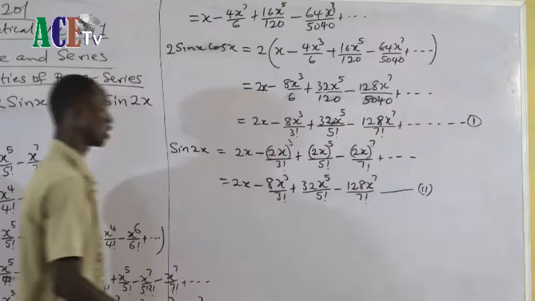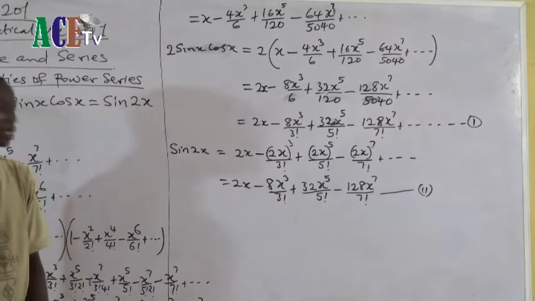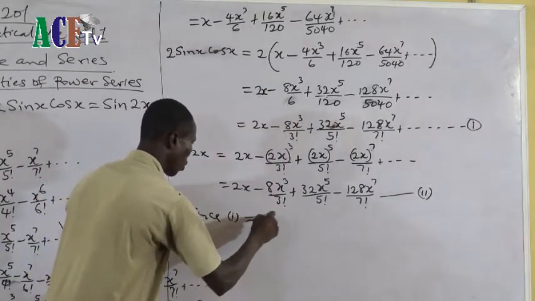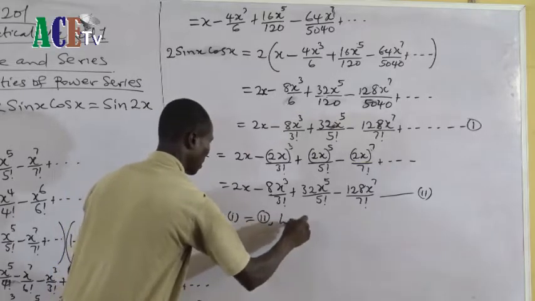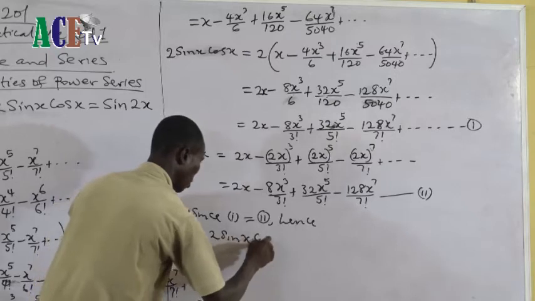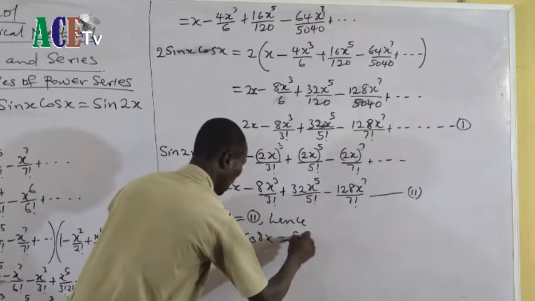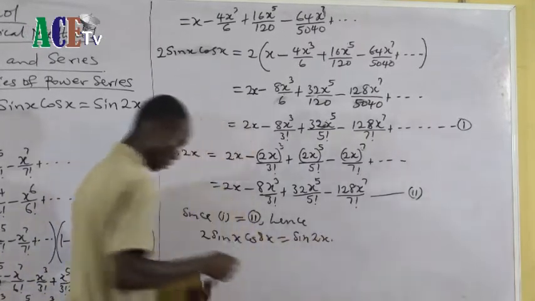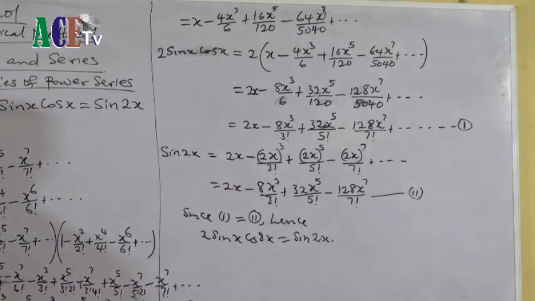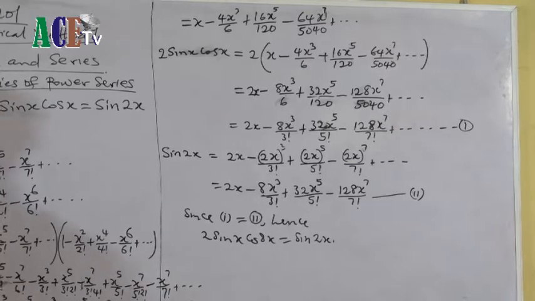Look at equations 1 and 2. They are equal. It means since 1 is equal to 2, hence 2 sine x cos x is equal to sine 2x. And that is that. But after that, we can